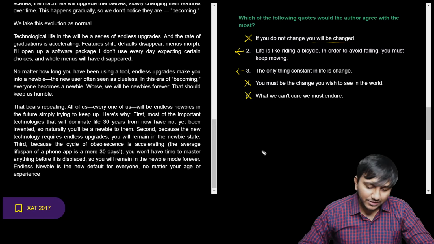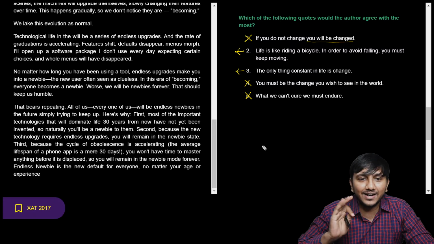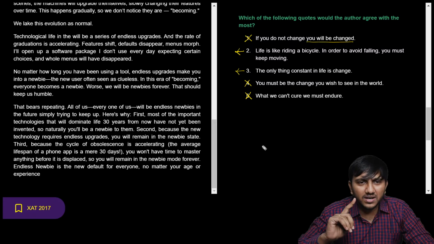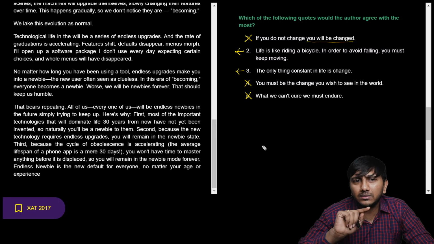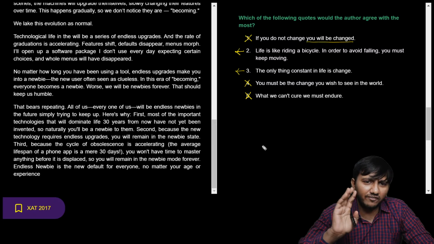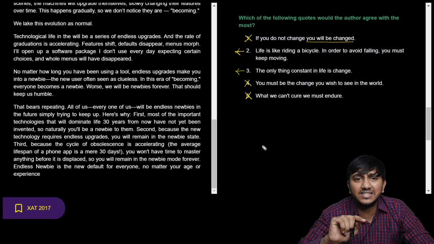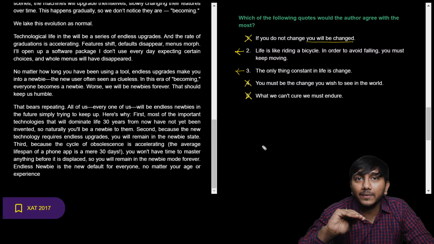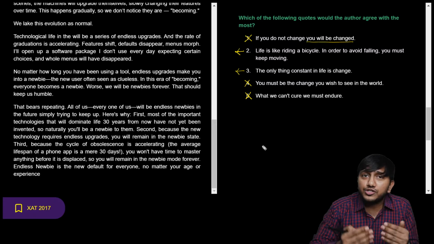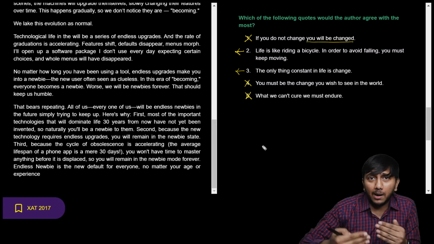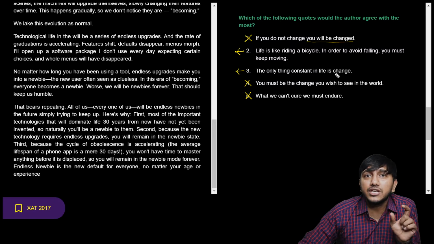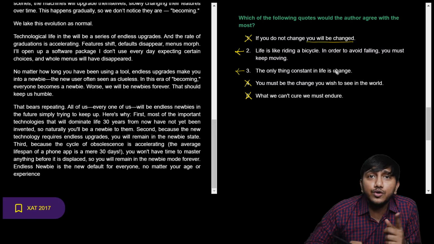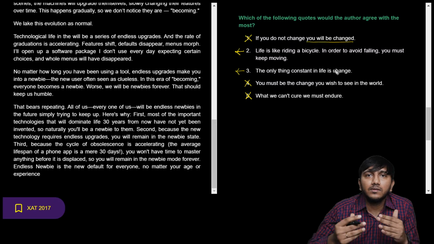That's pretty funny actually. So we can look at option 2 and option 3, right? One of these should be our answer. Now let's see which of these will come out as the best answer. Option 3 says the only thing constant is the change. The author definitely spoke about change. He definitely spoke about things changing, but he did not stop there. He said the things are going to change, hence you also have to upgrade yourself to keep up with the change. So it doesn't stop at just telling that change is constant. He goes on to say that you got to upgrade yourself to make sure that you keep up with things.